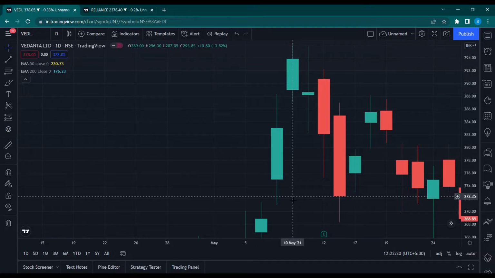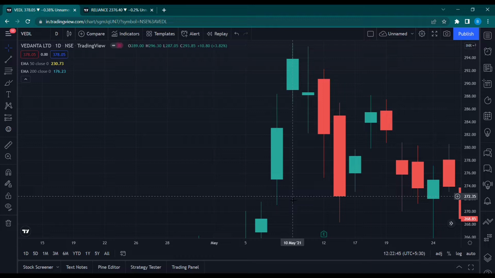Hello guys, welcome to this crash course of swing trading. In this course we will be going through a few basic strategies of swing trading which will definitely help you guys in your day-to-day trading journey. So let's get started. We will be starting from the very basics of candlesticks towards our advanced concepts in this field. So let's come to it right away.